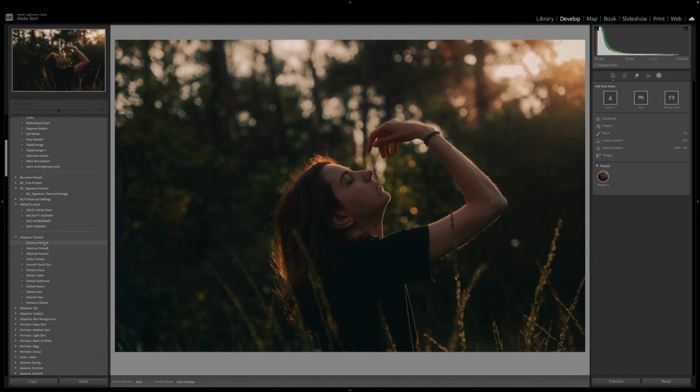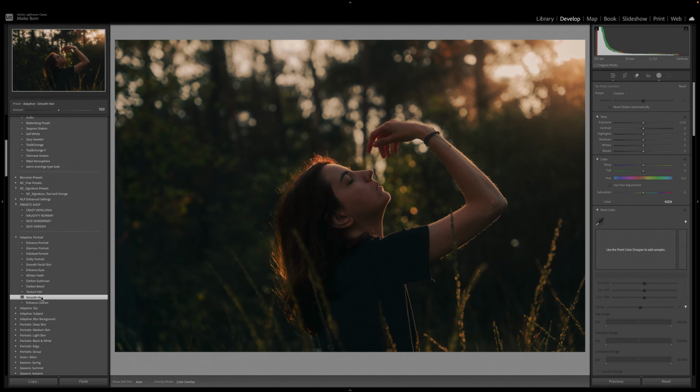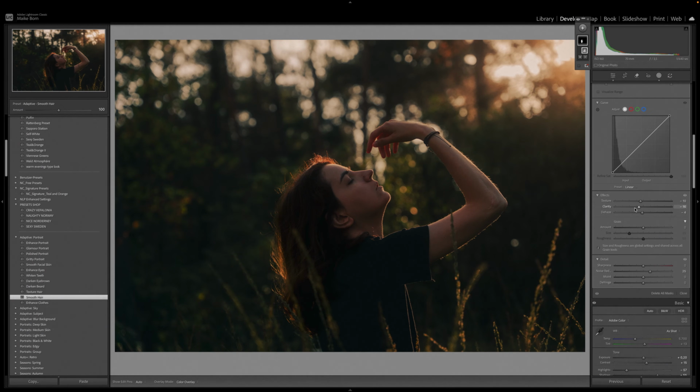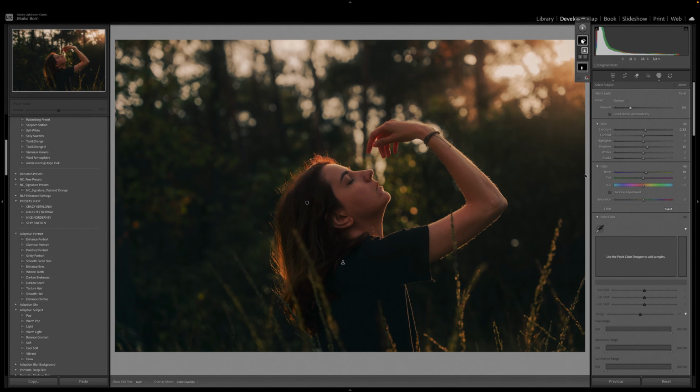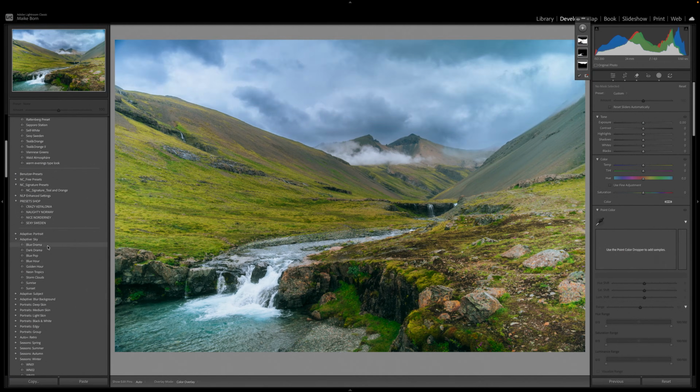And before we jump into the editing examples, there's one more thing that builds up on everything we just discussed. And that's adaptive presets. These are basically presets that already include masks. Lightroom uses AI to detect things like the sky, background, or subject, and then automatically applies targeted adjustments. For example, a preset might brighten faces while keeping the background untouched, or enhance the sky without affecting the rest